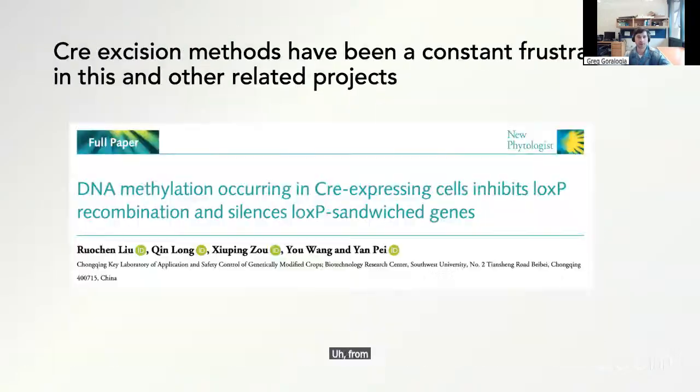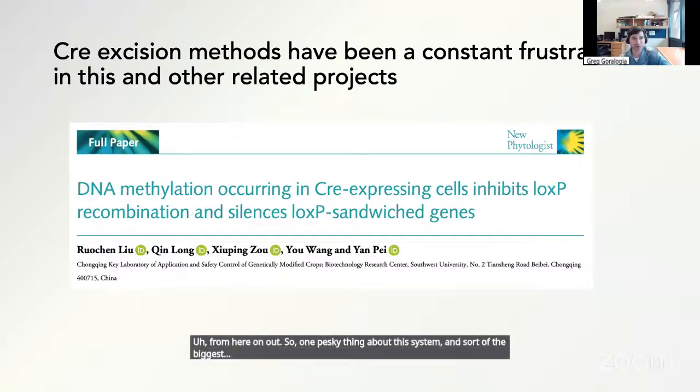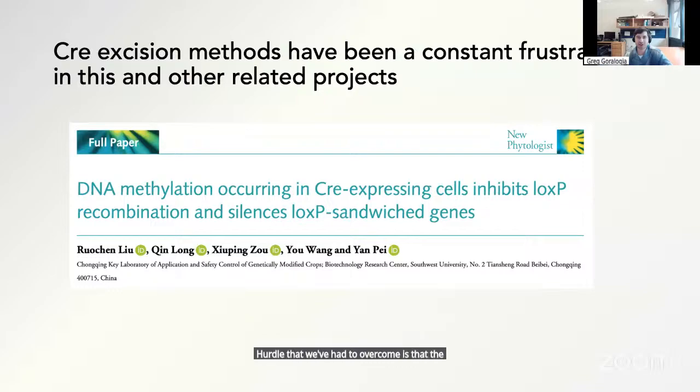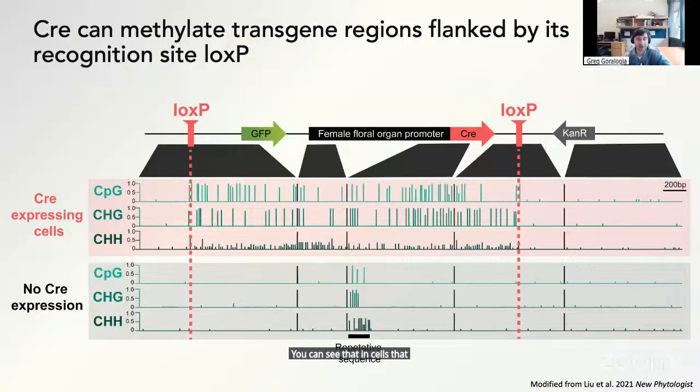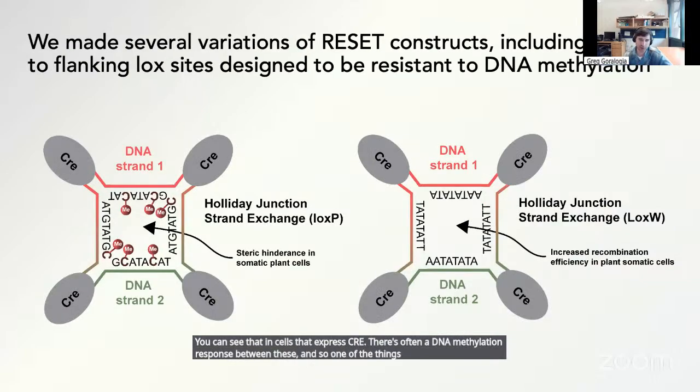from here on out. So one pesky thing about this system and sort of the biggest hurdle that we've had to overcome is that the transgene excision has a lot of problems with it, and we've struggled to get this to work, and we're happy it finally is, but it has this propensity to methylate transgenes in between the lox sites. So this is data from a New Phytologist paper in 2021. You can see that in cells that express Cre, there's often a DNA methylation response between these. And so one of the things that I've been working on is trying to figure out ways to improve this